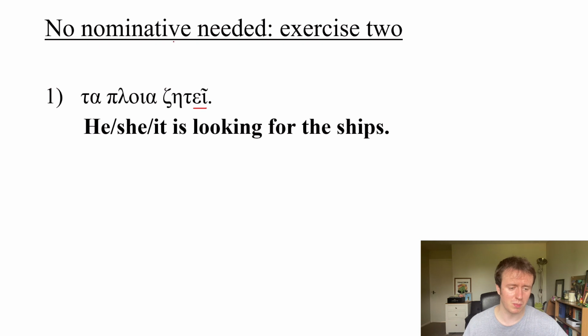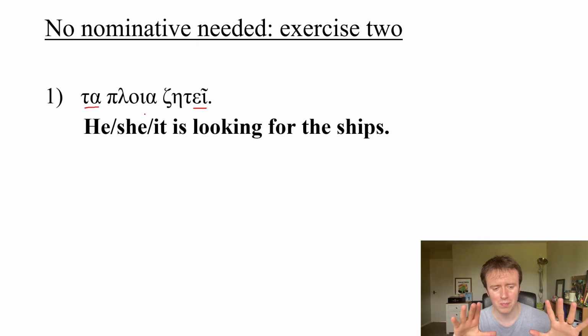We knew it was the ships because of the neuter accusative plural definite article. We can't take taploia as nominative here because it wouldn't make any sense. Although the verb would be singular, because taploia would require a schnurb, that is to say, if you've watched my previous videos, you'll know that term, a verb that is singular because it has a neuter plural subject. But, although taploia could hypothetically be nominative,